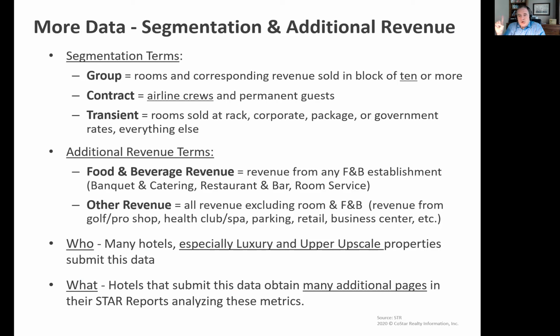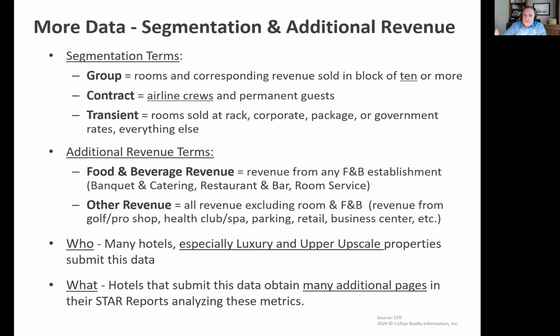The next type of business is called contract. Now, contract really has two types of business that fall under it. The first is airline crew. Airline crew business is defined as contract. And the second type is permanent guests. Some hotels have guests that are staying in the hotel, and that accounting dictionary that I mentioned to you earlier will have that defined. I think it's 90 rooms or 90 days or more is defined as a permanent guest. That business, again, the rooms and the corresponding revenue for airline crew and permanent guests would be defined as contract